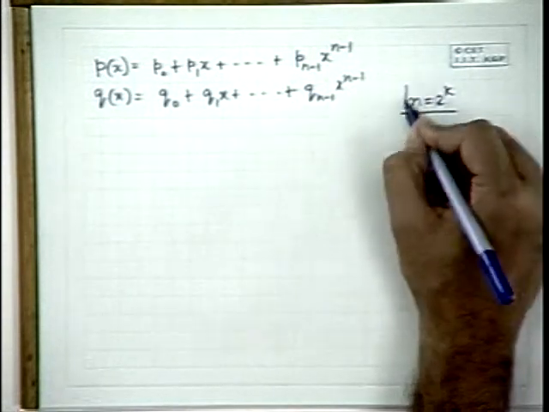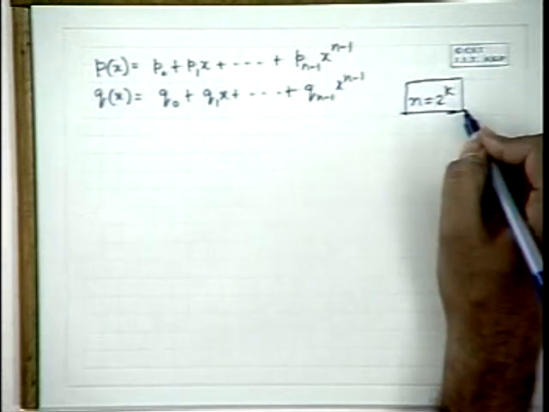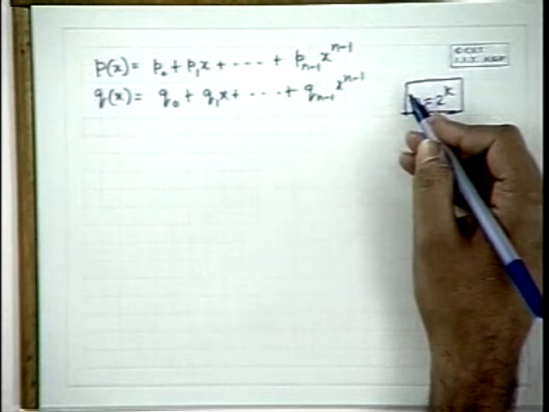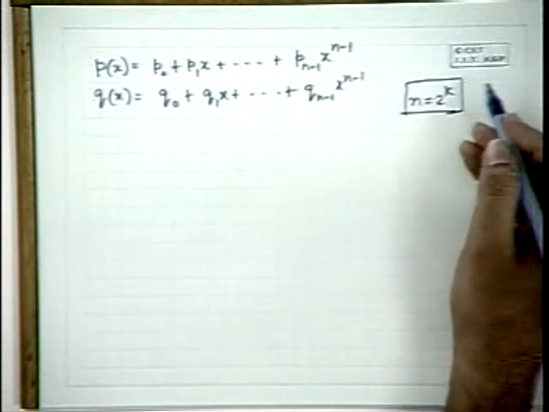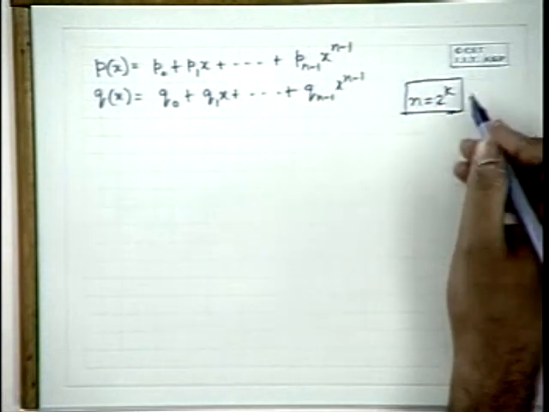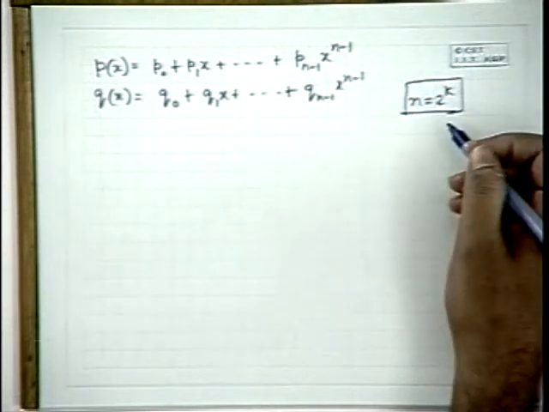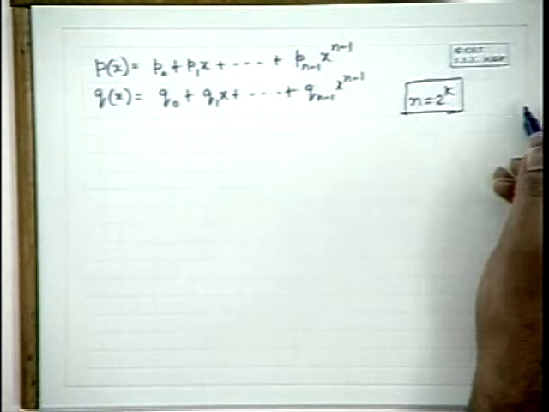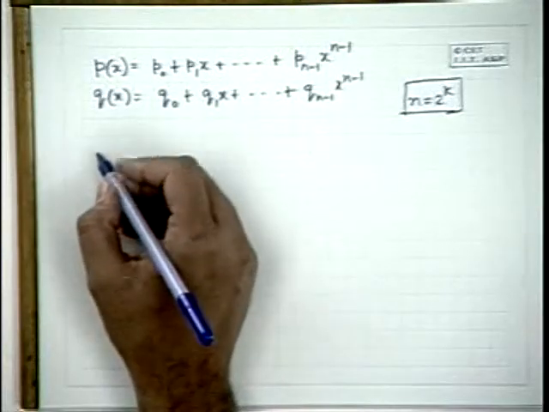It does not matter actually, because if n is not equal to 2 to the power k, you can always add that many zeros to make it 2 to the power k. It does not increase your complexity. You take k such that n is between 2 to the power k minus 1 and 2 to the power k. So immediately you know that by doing that you are not going to increase n asymptotically at least. It becomes only a constant multiplication of n. So any complexity is fine. Constant doesn't matter. Complexity analysis.